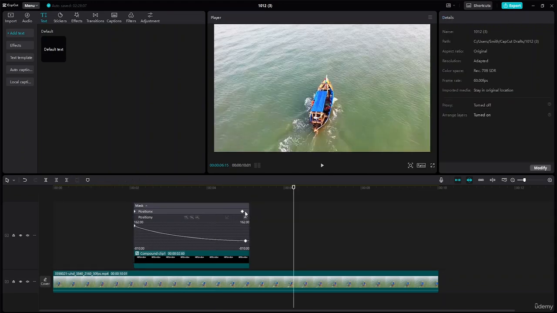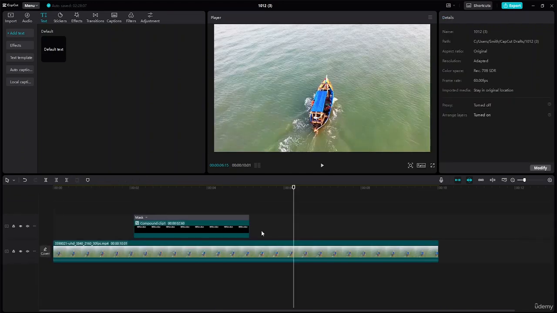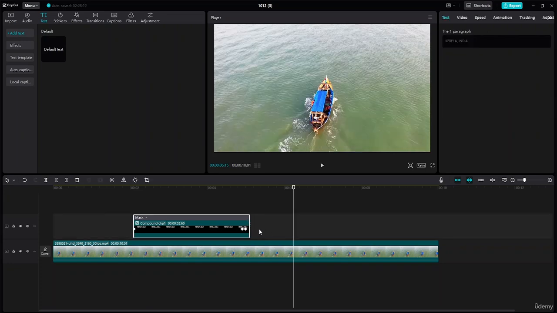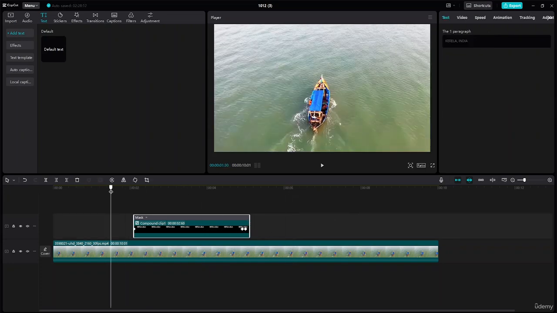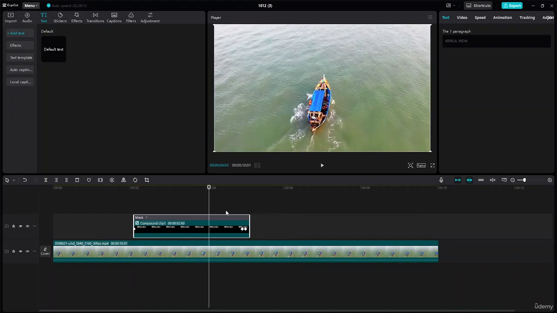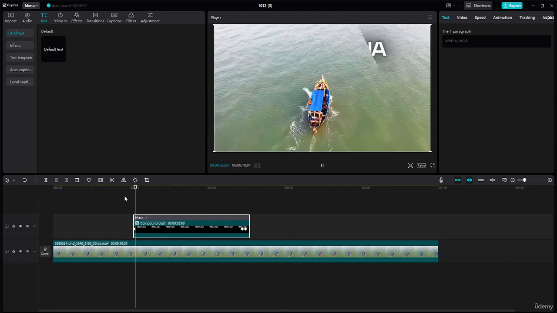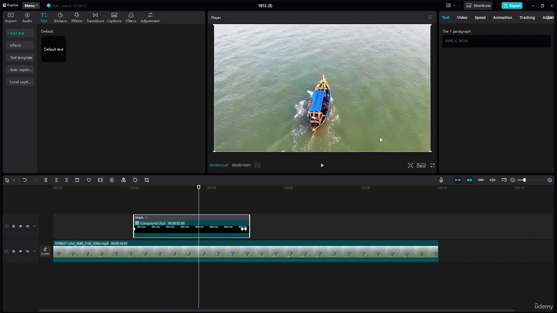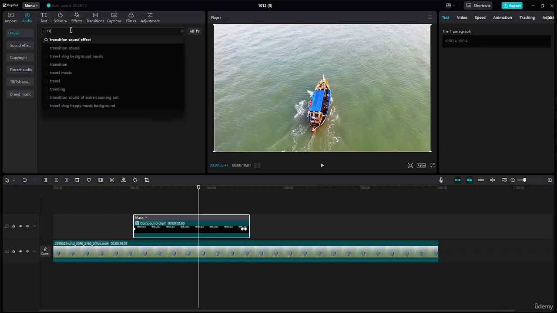Okay, if you do want to increase the size, you guys can basically increase the size as well. Okay, so this one basically gives some kind of ease in and ease out effect over here. If you just take a look, you guys can see the ease out effect looks quite amazing. So now the last thing which is left is go to audio and just type traditional,